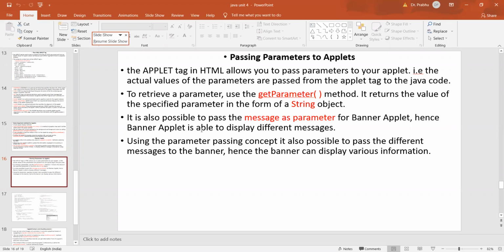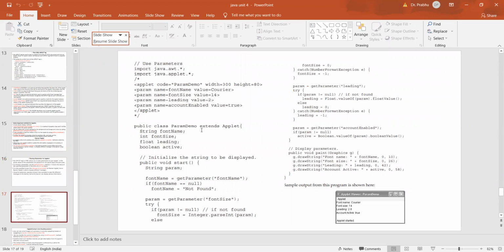You can change the inputs, and those inputs will come from the update tag. So that's important. The update tag or HTML code is able to send the data, and the Java code will collect it, and the respective action will be done. This is the example for passing the parameters. Inside the update, if you observe, we are passing the data here. These values will go to the respective string in the start method, and whatever the values there, those values will be printed by using the graphics drawstring method.